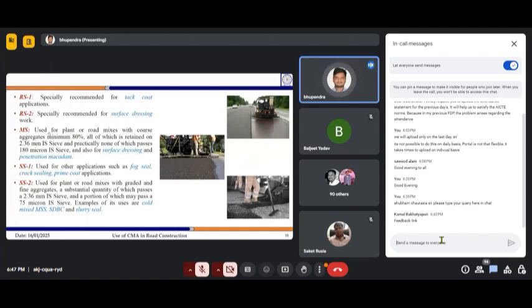So medium setting, now we are talking about mix purposes. Medium setting emulsions are used for plant or road mixes where the coarse aggregate is 80% or more. Okay, so there is a high proportion of coarse aggregate. And how do we define the coarse aggregate? All of which is retained on 2.36 mm. There can be some fine aggregates also, but practically none of it should pass through 180 microns.